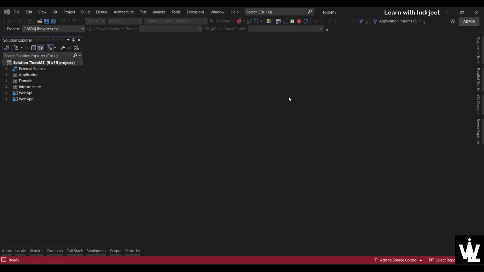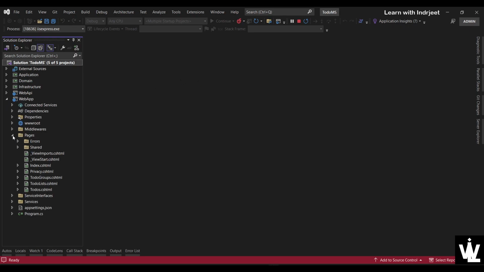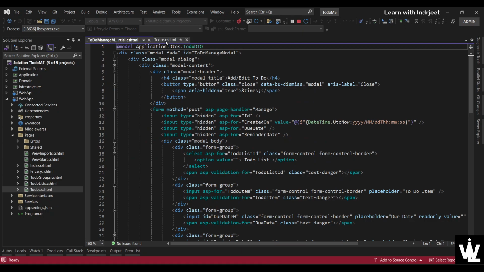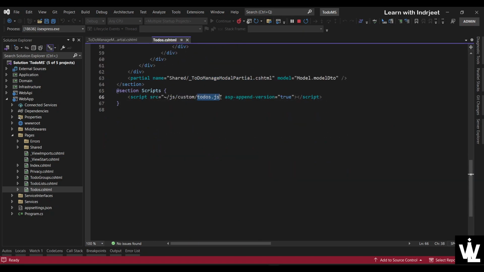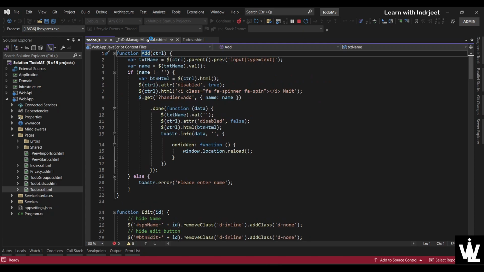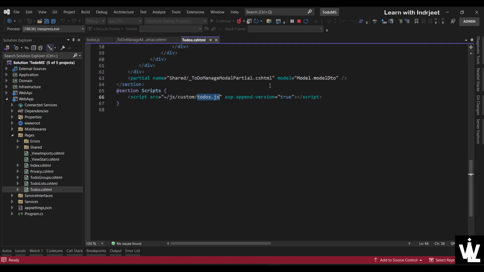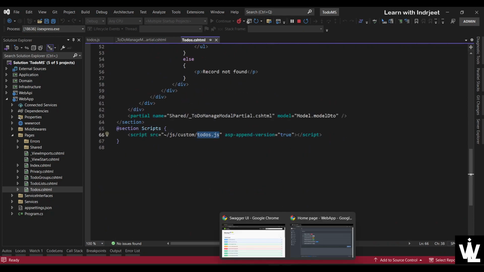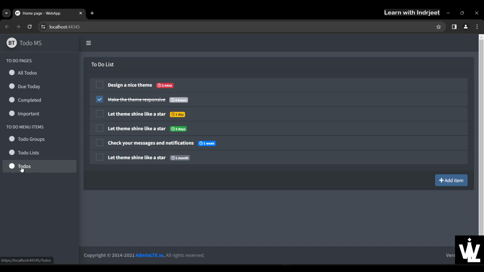So here in Visual Studio, let's implement the edit functionality on the to-do page on top of the create functionality that we implemented using this modal pop-up and this JavaScript in the previous video. If you haven't watched that, please go ahead and watch that first. So let me show you what we want to implement. So on the to-dos page,